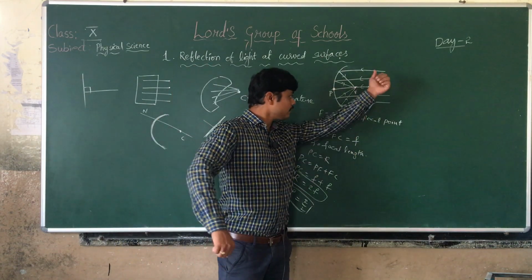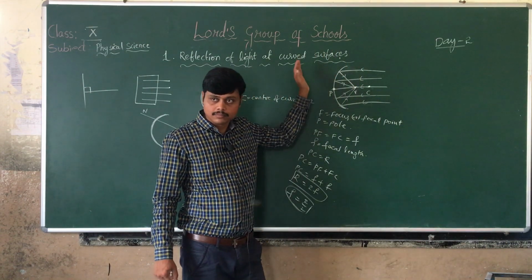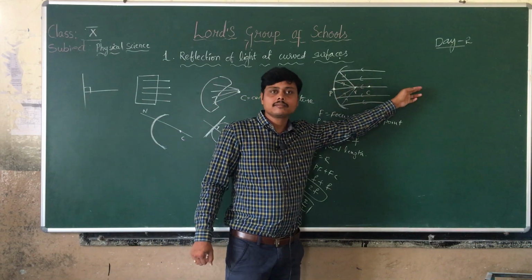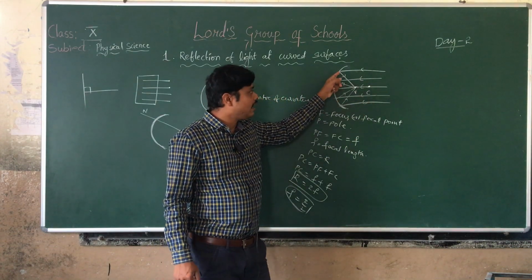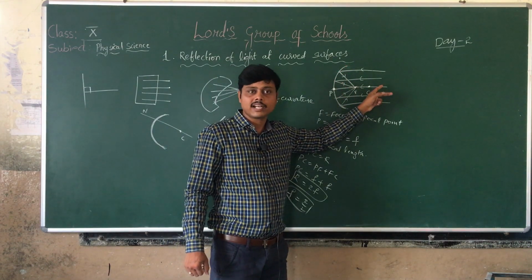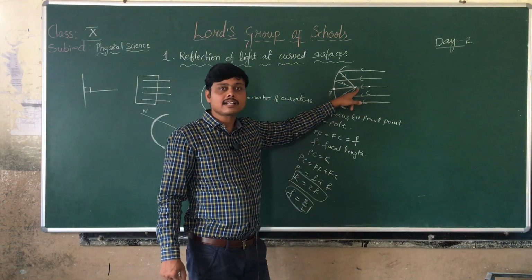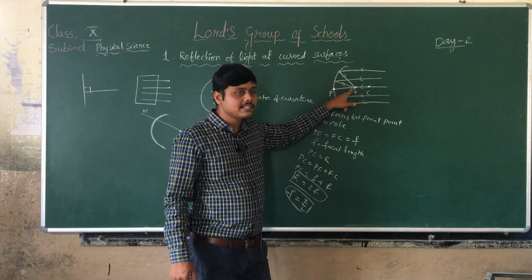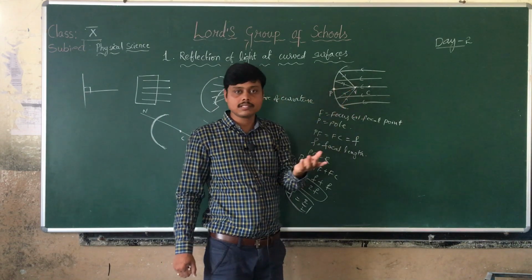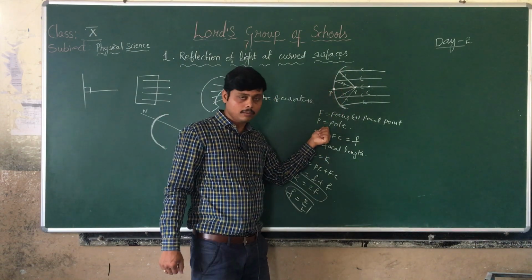See, again I am repeating here. Some parallel beam of light rays are falling on a curved surface. Let us assume this is a curved mirror, and all these light rays are coming from the sun. After the reflection, they are meeting at one point on this normal line, which is also called the principal axis. The point where all the light rays meet on the principal axis is called focus or focal point, also called principal focus. And P, the midpoint of the curved surface, is called the pole.